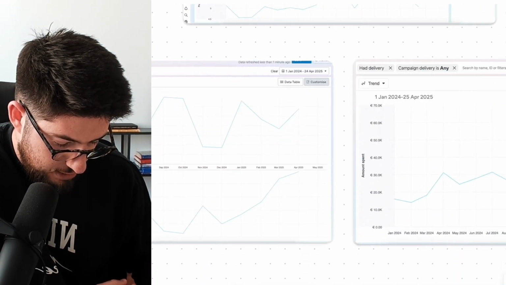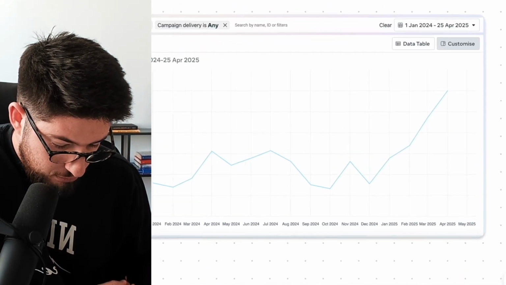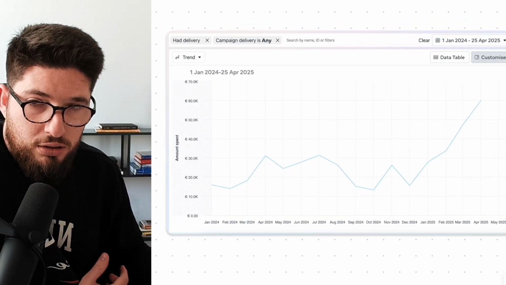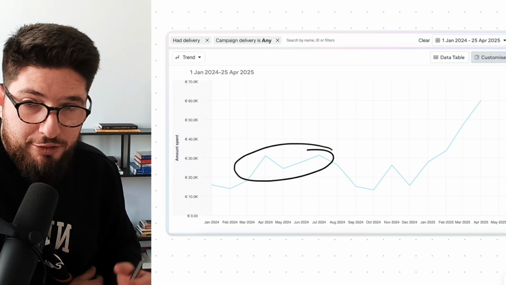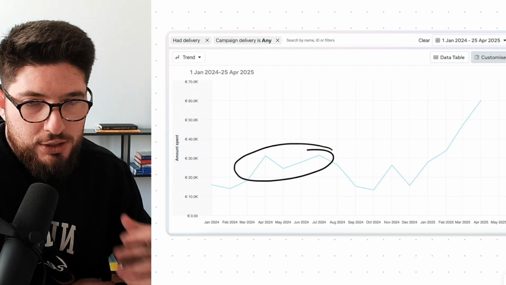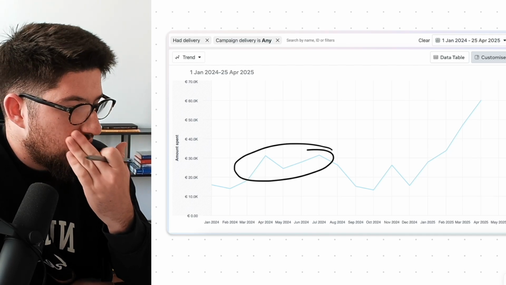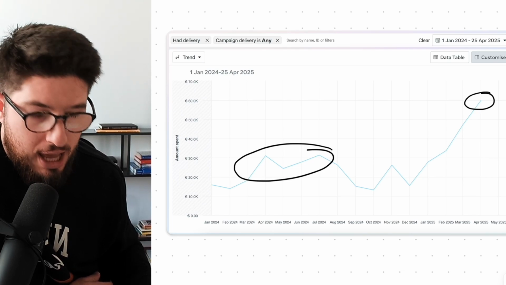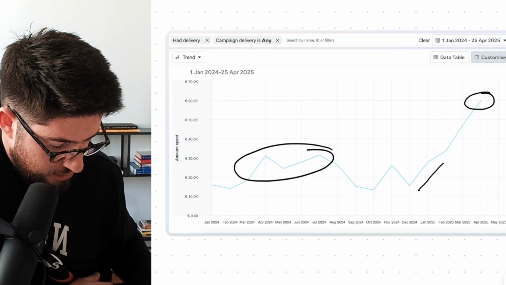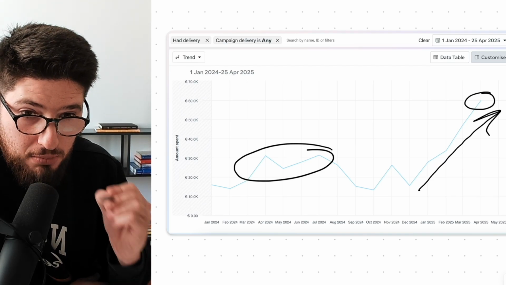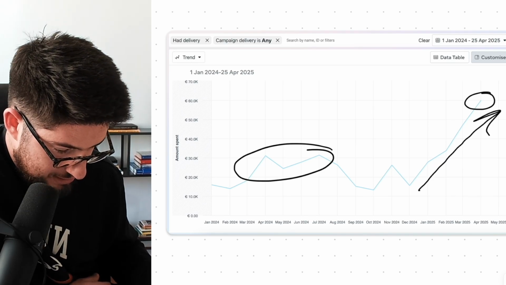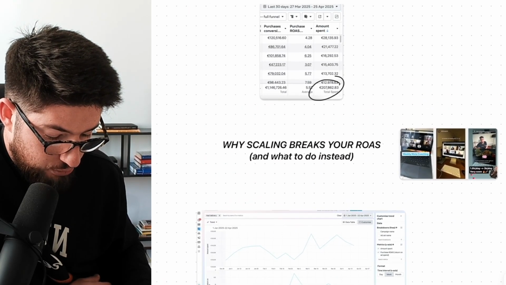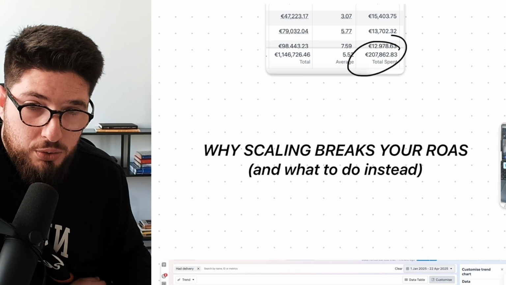As you can see in this specific example, this is another one of the accounts that I operate. For a long time, we've been stuck at a limit of 30K a month in ad spend. This is a super high AOB with low profit margin. And this month, we've doubled in ad spend. I've been able to increase my budget consistently every single month for 6 months straight. Very few people do this, no matter where the ad account is. So let's see in this video what to do instead.